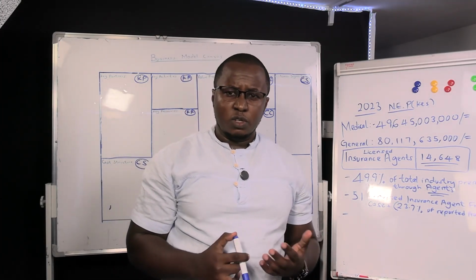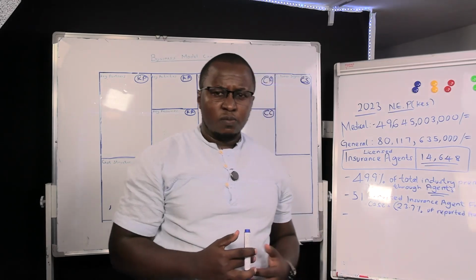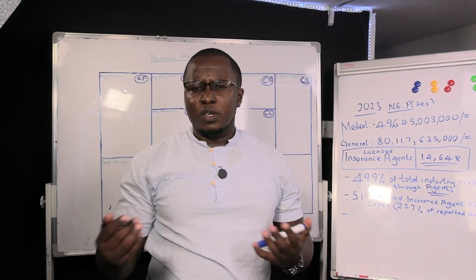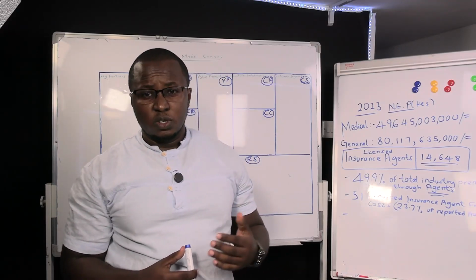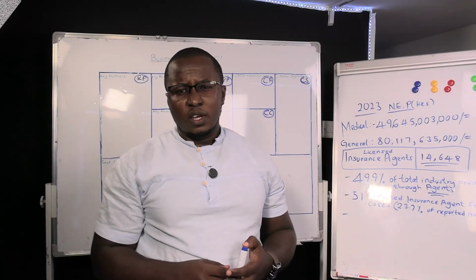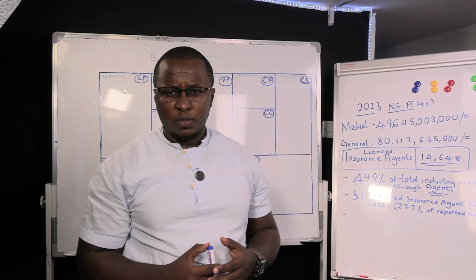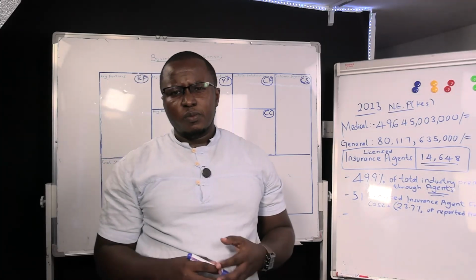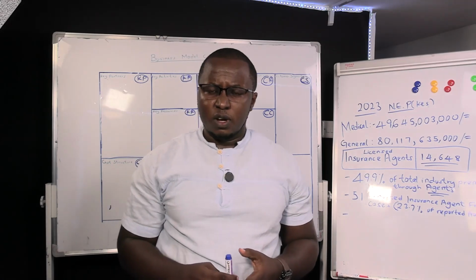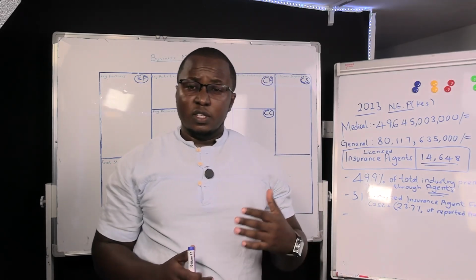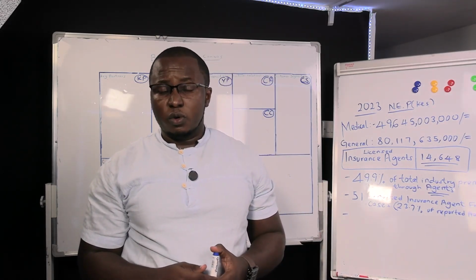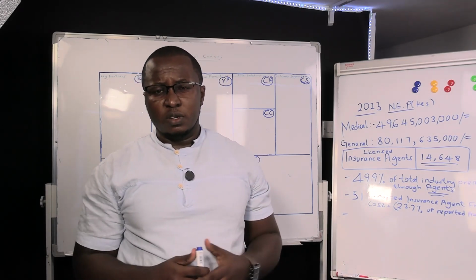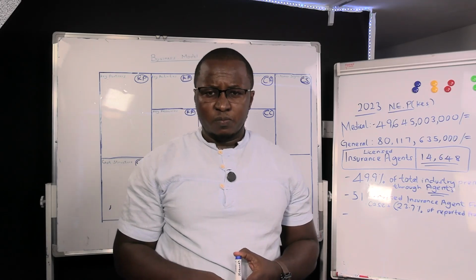Before we dive into the business model canvas, it's important for us to look at some key industry statistics and some key market information which will help guide us in seeing if this is really a viable business opportunity. So first of all, insurance agents basically earn a commission based on the sale of insurance products or covers from different or specified insurance companies.